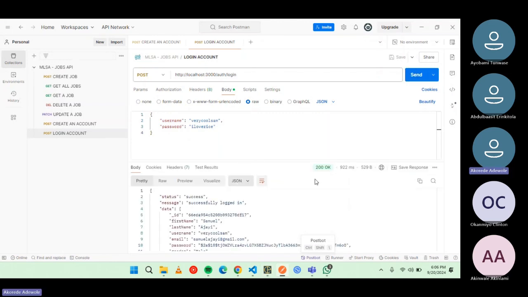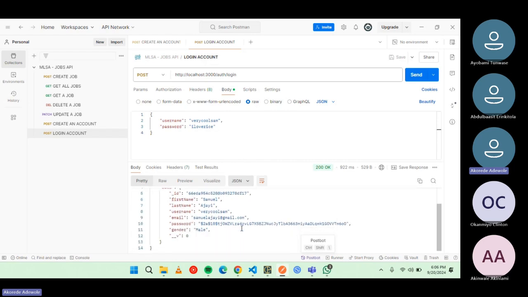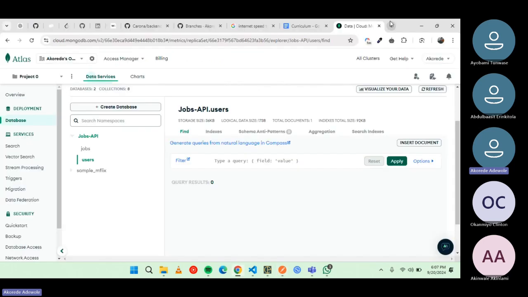So yeah, you can see that we've been able to log in Ajayi into our database like that. All right, so that is one of those things about logging in and out. That's the authentication side of things. And we've not even talked about JWTs. So basically, one of the features of your REST